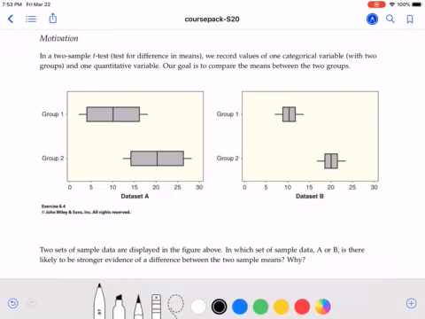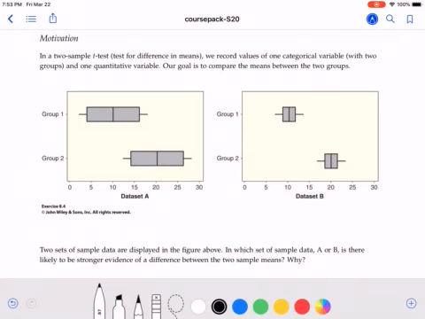It turns out that variability in the data is really what drives the test. And these figures here help motivate the formulas we'll see a little bit later. So we have two different data sets, data set A and data set B, and two groups then within each. And we're asked the question, in which set of sample data is there likely to be stronger evidence of a difference in the means? And so when we're looking at this data, when I ask students this in class, what